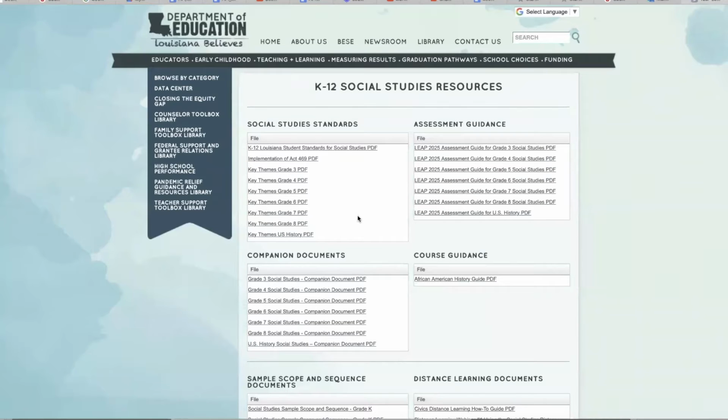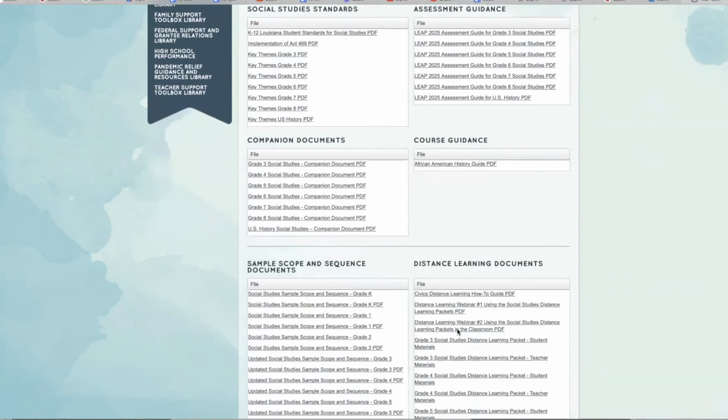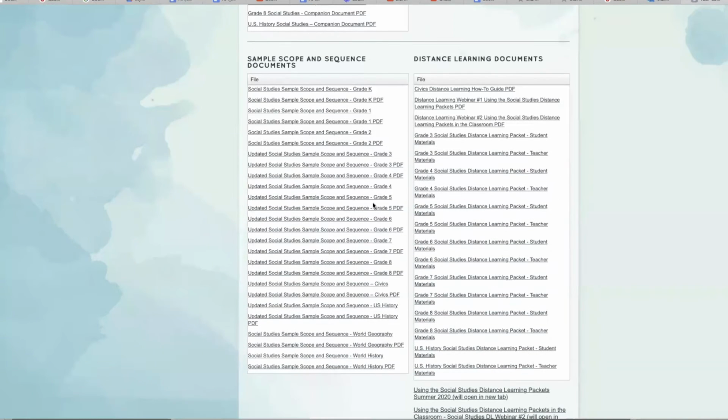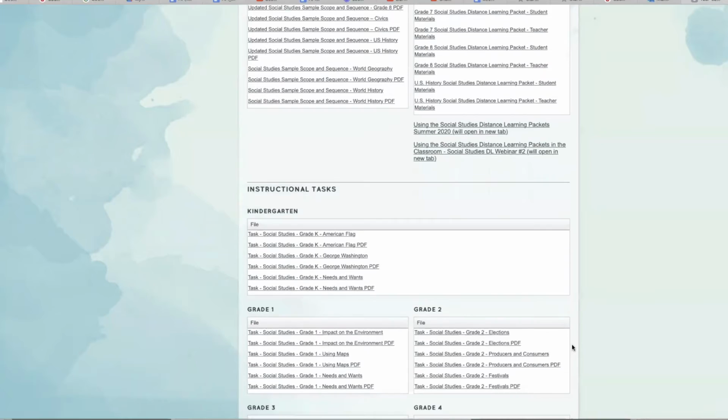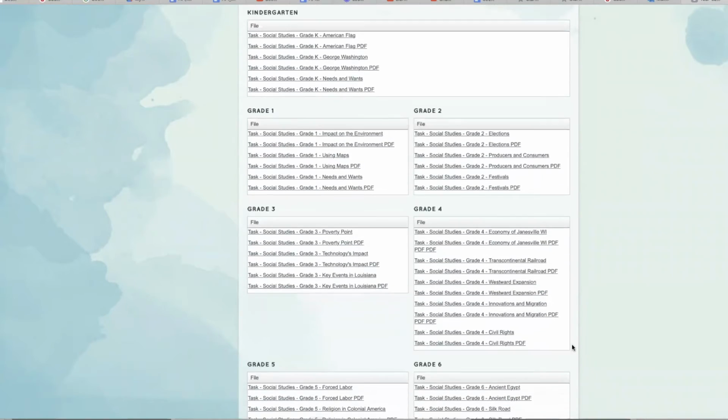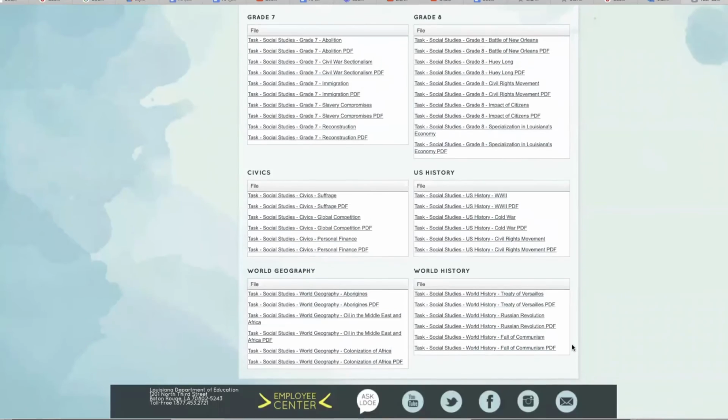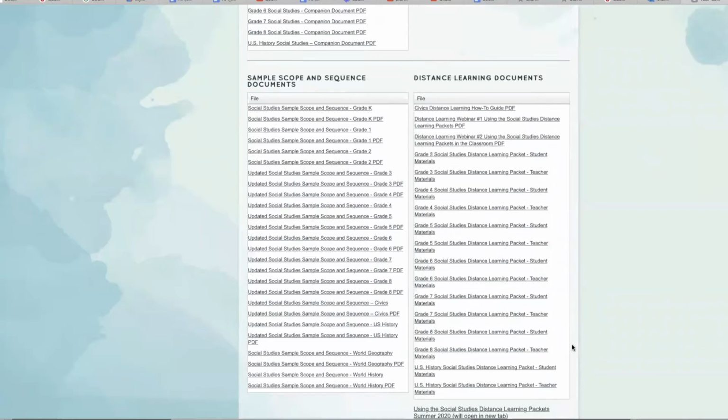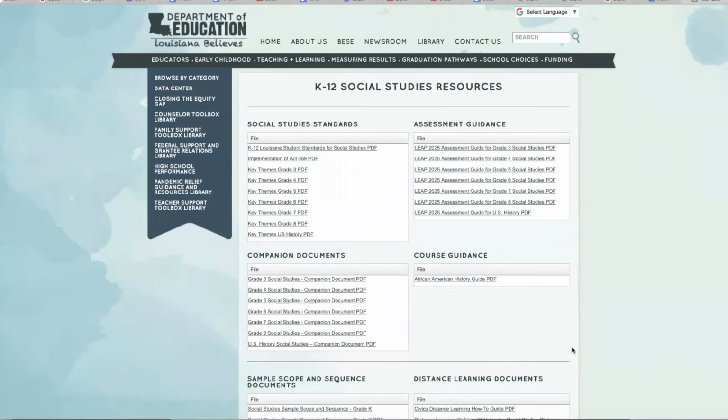Here you see all the K through 12 social studies resources that are available to teachers, from their key themes to their assessment guides, their companion documents, their scope and sequence, distance learning documents, as well as task sets for each grade and subject. This has been my experience, the easiest way to tell teachers how to get to the resources available